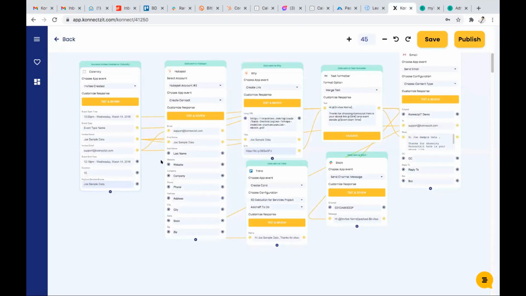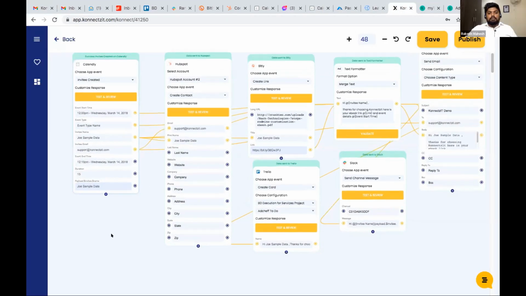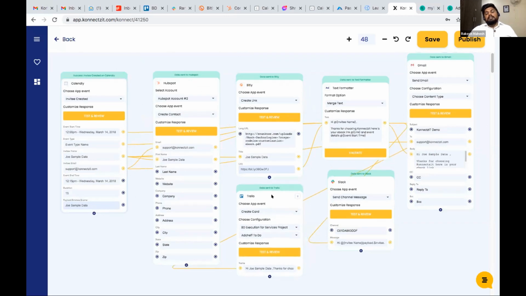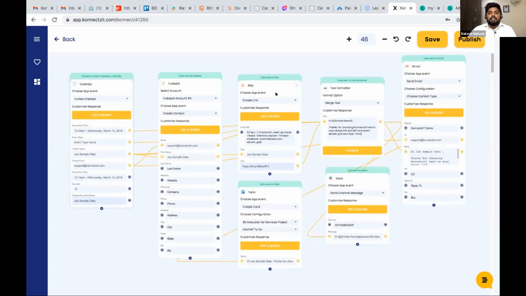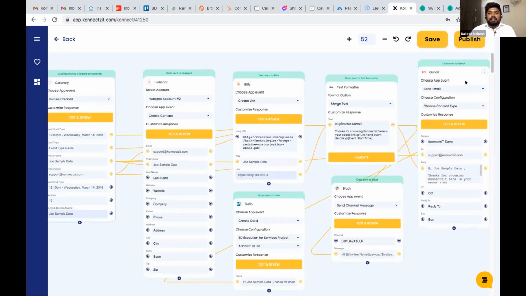So it's basically a no-brainer, and we have done it to keep the task as simple as possible, where people can just use drag and drop features and connect between the nodes. They don't need any technical knowledge to create a connect inside Connexit. Usually, our competitors and any other automation tool follow an elevator kind of tree structure. This is the first of its kind, where we give a bird's-eye view and people can use a simple drag and drop to create their own connects.